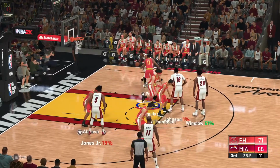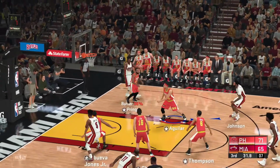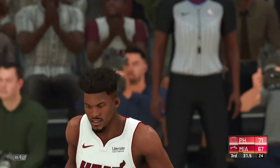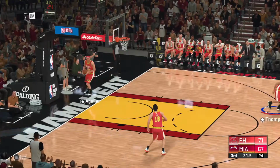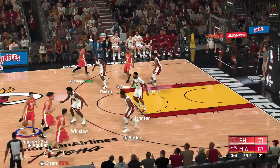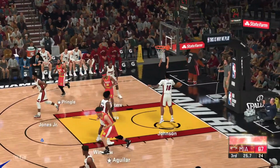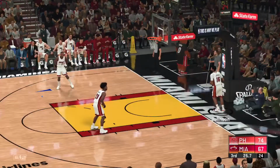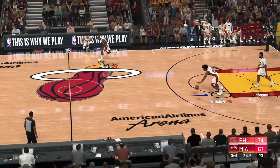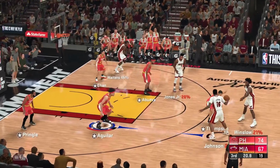Right side, Butler. And there's another one for the Heat. Offensively, it's been a perfect quarter for him. He hasn't missed a single shot. About 7 seconds separating the shot and game clocks. Wasted no time on that one. He's got 12. And really, as the three-pointers keep dropping, you get the sense that the frustration is mounting for